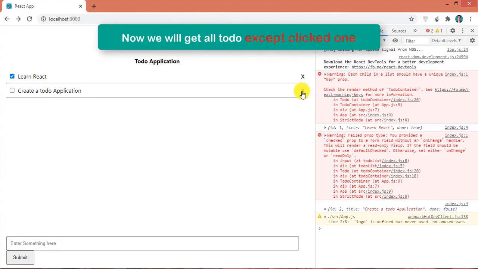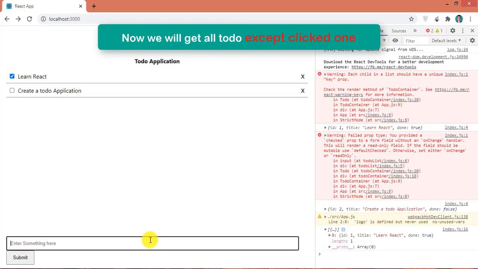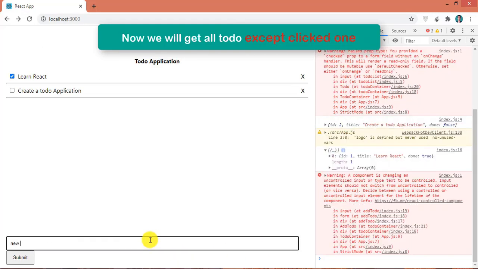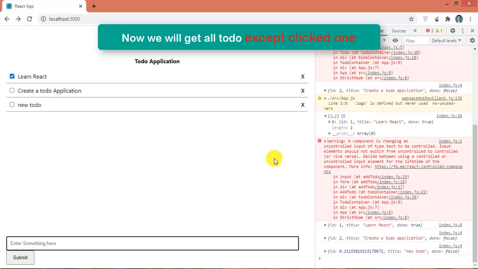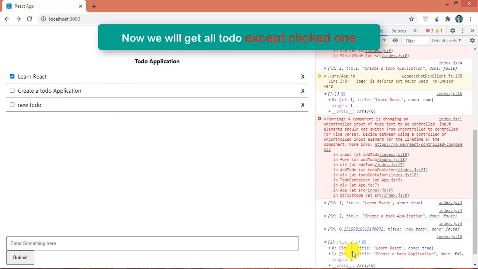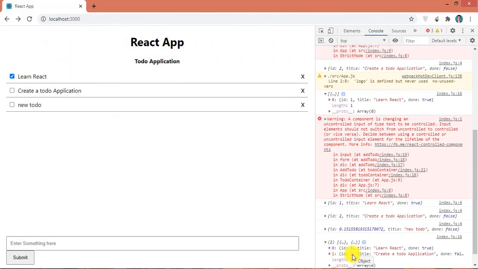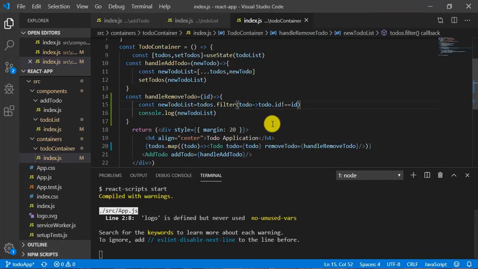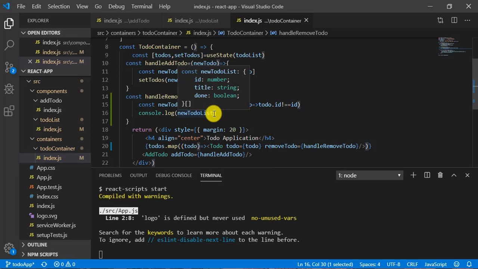Let me add another new to-do. Now I have 3 here. Once I click on this one, I will get the other 2, 1 and 2, as you can see by the ID. So now I am able to remove the particular to-do which was just clicked.